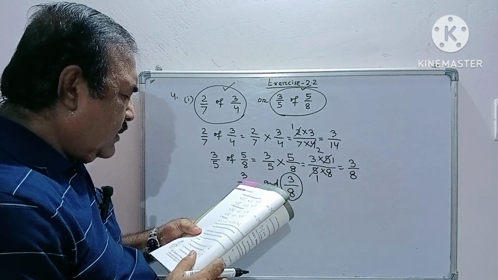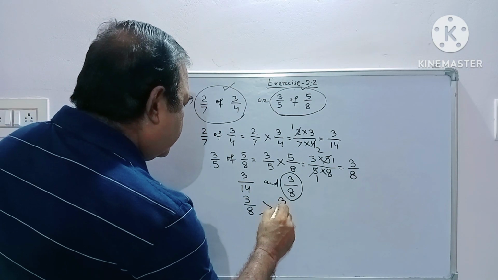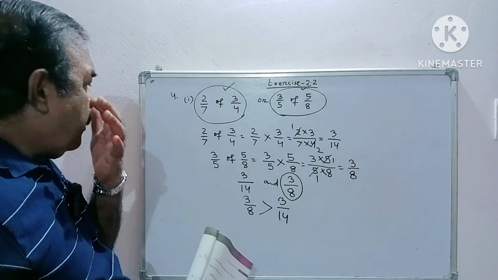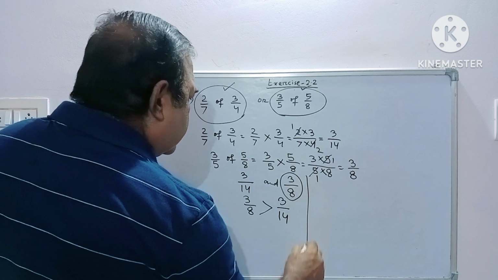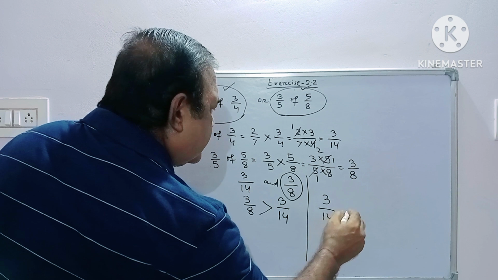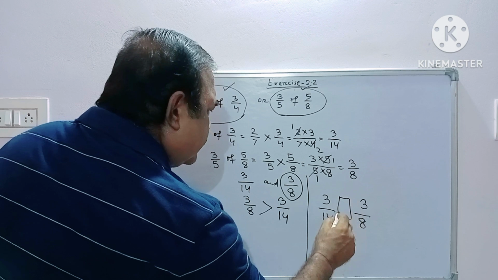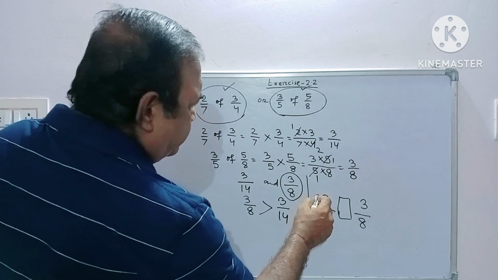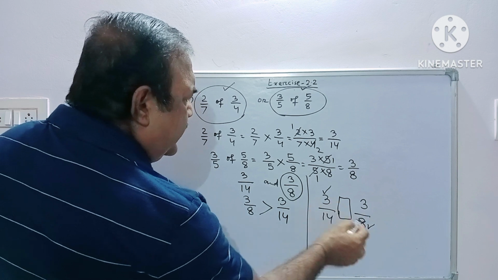So we have been asked which is greater. So it is greater. Okay? You may do like this, applying this rule, or you may take this process for 3 upon 14 and 3 upon 8. You do the cross multiplication. Okay? You multiply the numerator of the first fraction into the denominator of the second fraction. 3